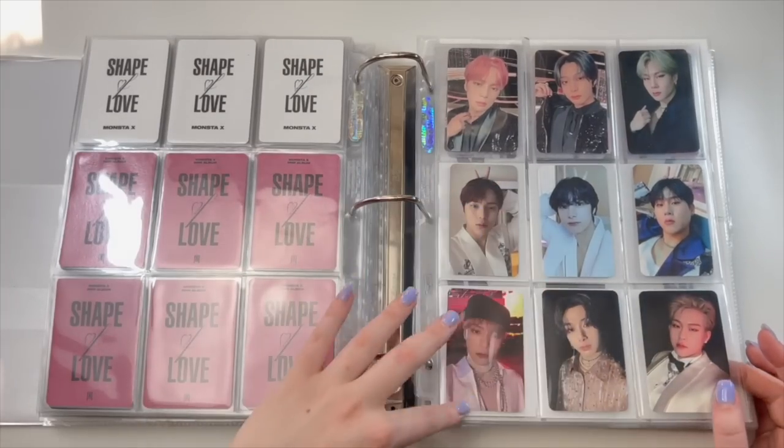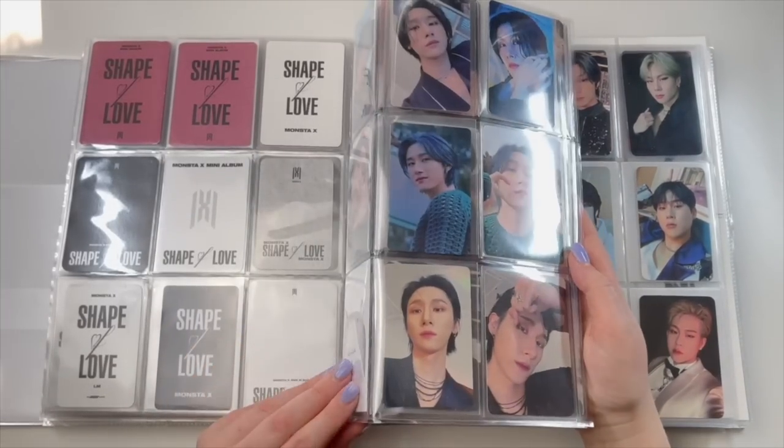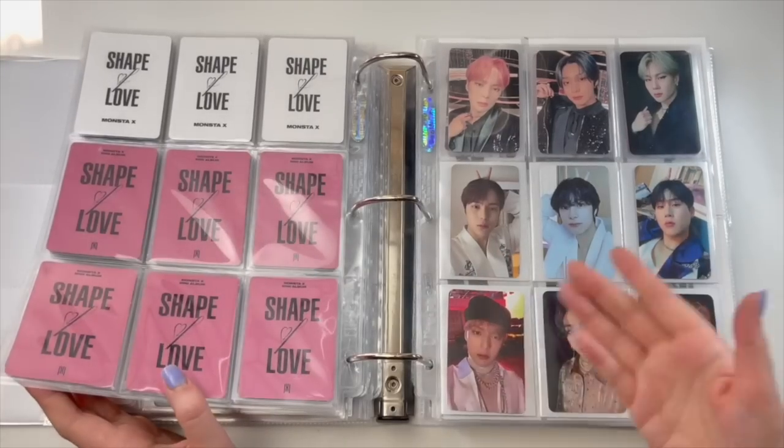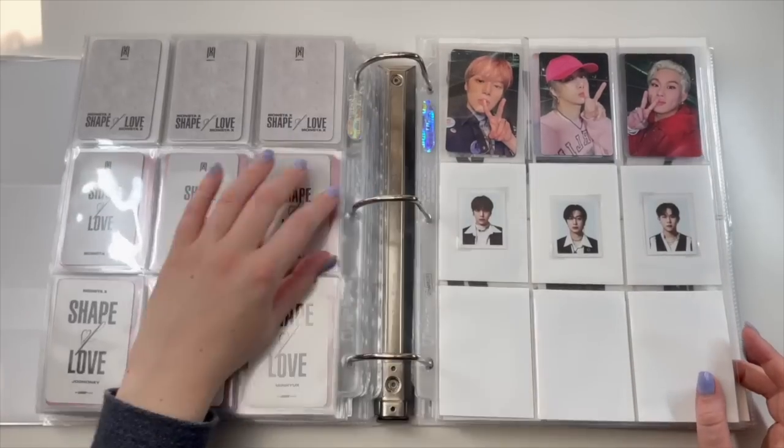But yeah, and then I stored the other 3 members like this, which is partially also why I stored Changyun separately, because I think this looks really nice, like having the 3 members like this. Minya, Kyungwon, and Juhan, so